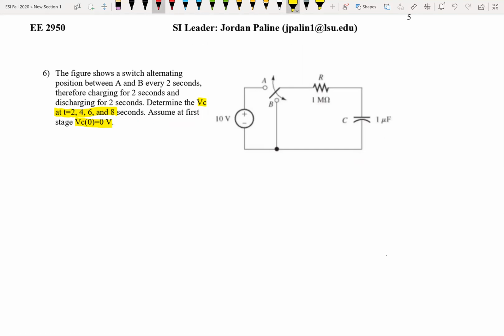Alrighty, so we've got a couple pieces of information here that we can work with. First being, we know that V of C at time 0 is equal to 0 volts. That's good for us. Now let's take a look at what this is going to look like when it's connected to A. So if it's connected to A,